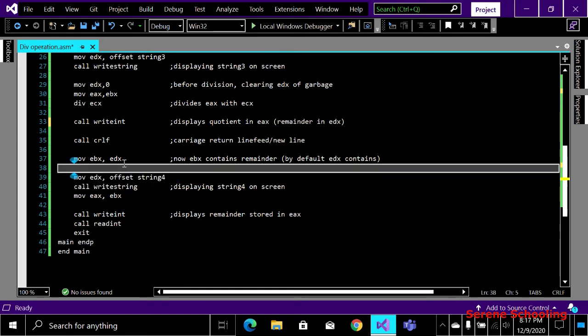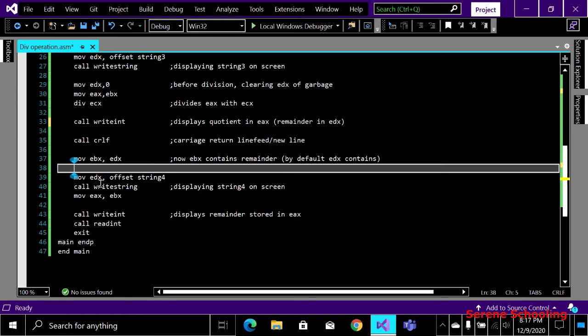I know that after this instruction my remainder is in EDX, but before showing that EDX I have to display the remainder string on the screen. For this purpose we know that we always move the offset into the EDX register. We cannot use any other register. And similarly, after division our remainder always goes into EDX, not any other register. So these things are using the same register again.